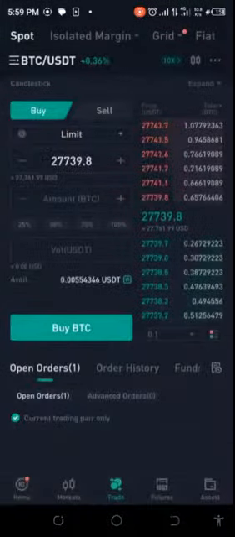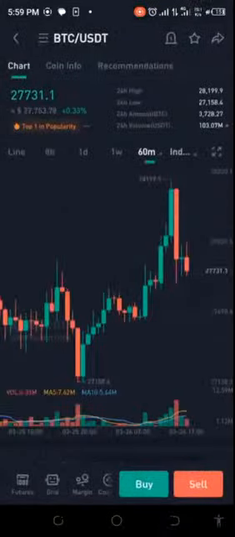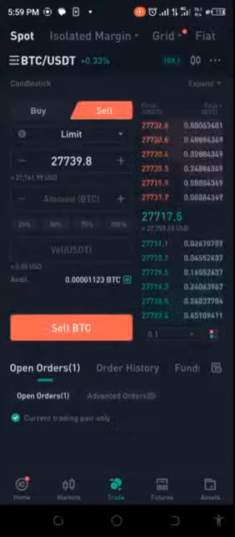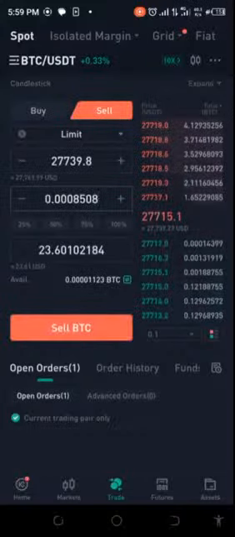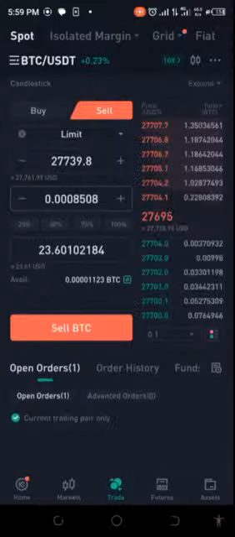Okay. Even BTC has reduced. Even BTC has actually gone down. Anyways, let's go ahead and see. I'm just going to sell this and see. This is not looking good. Oh, 23.6. Oh my God. So what's going to happen here? Let me tell you what's going to happen here. We came in as